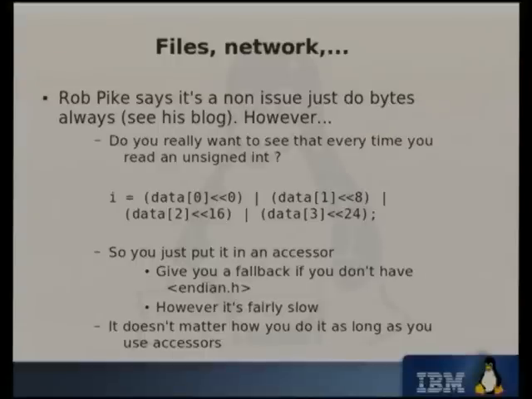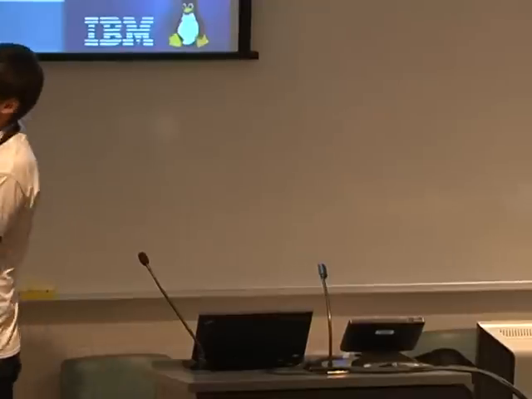In fact, when I was originally writing that talk, because I wrote that talk for Plumbers last year, Rob Pike posted a blog post called, I believe, The Byte Order Fallacy, where he made the argument that the whole thing was a complete non-issue. You just had to do that all the time. Now, I might have misunderstood. It's quite possible. But I believe he was arguing that by just using bytes and shifting them into place, you would avoid the Endian problems. Now, I can guarantee you that if you use a construct like this one every single time you access a quantity larger than 8-bit in your program, you're going to have at least a quarter of them, maybe a tenth of them, depending if you're me,